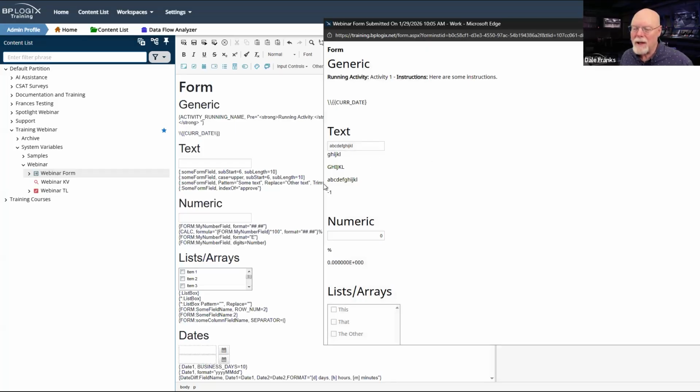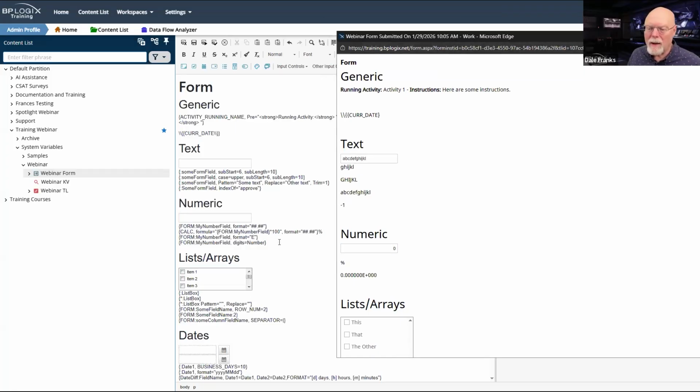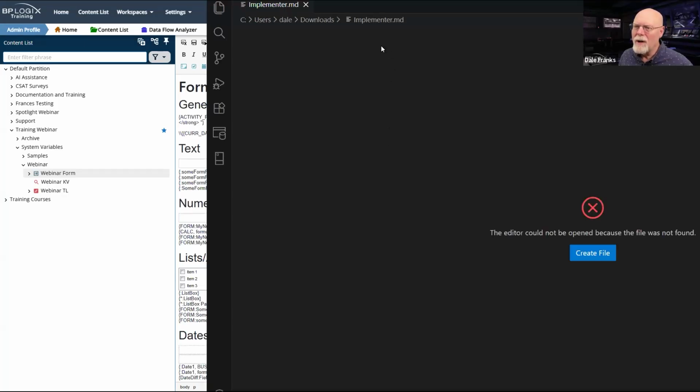And we see several different things here that are showing up. Let's take them one at a time. Let's open up Visual Studio Code because we're going to be looking at a lot of this text and it's probably going to look pretty small on your screen.